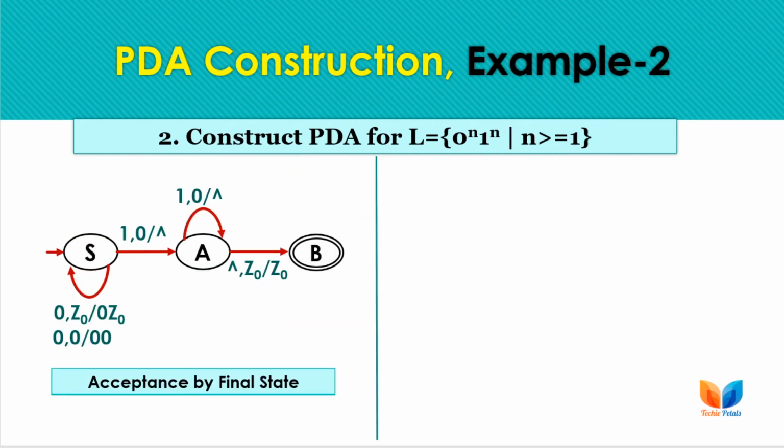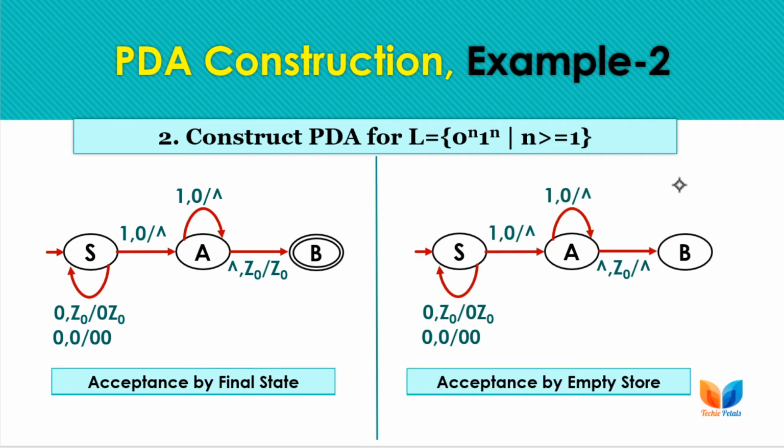So this is the clear formation of the question, acceptance by final state, and this is the same question that I had just drawn, and this is for acceptance by empty stack. You can have the empty move to the next state also, but we need not mark this state as a final state. You can have this transition to the same state, or you can mark this transition to a new state. It's your choice, so either option is okay.